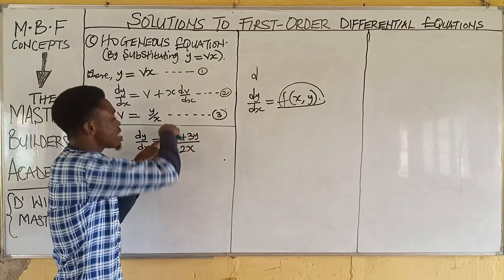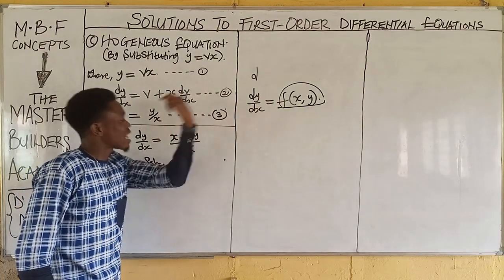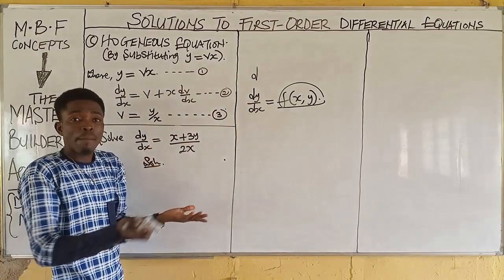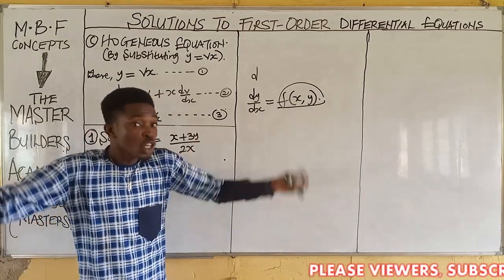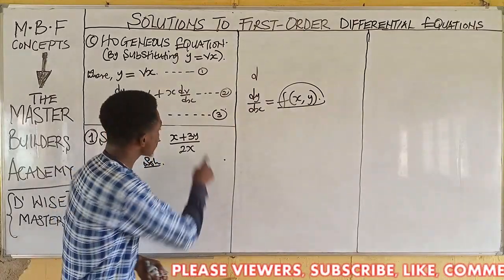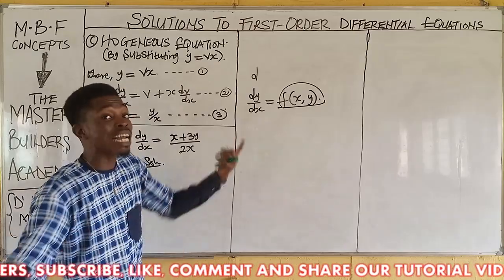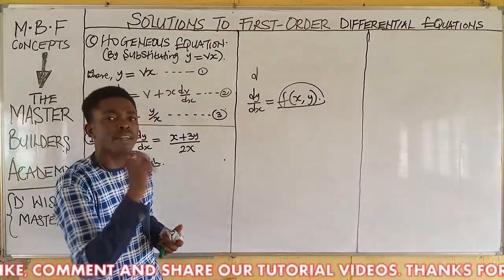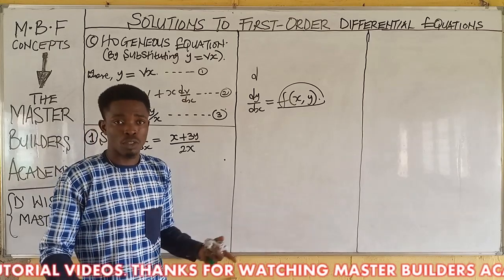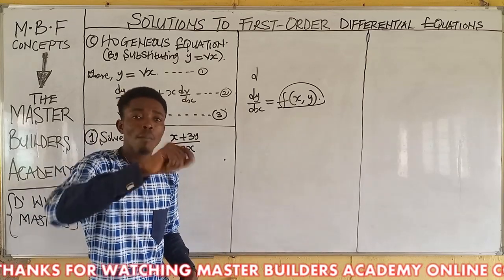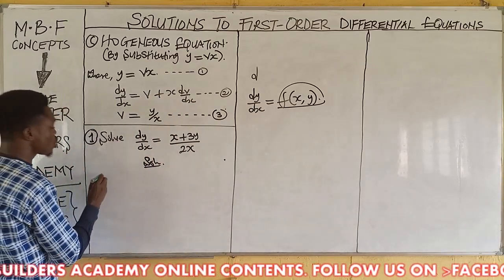No, because x is at the first term, but x is not in the second. And y is at the last term, but y is not in the first. That means nothing is common between these two terms. And when nothing is common between two terms, you cannot factorize. Therefore, you see now that the relationship between x and y here is addition. And I explained that anytime the relationship between x and y is either addition or subtraction, you make use of the homogeneous equation. And using the homogeneous equation, all you need to do is to say, recall